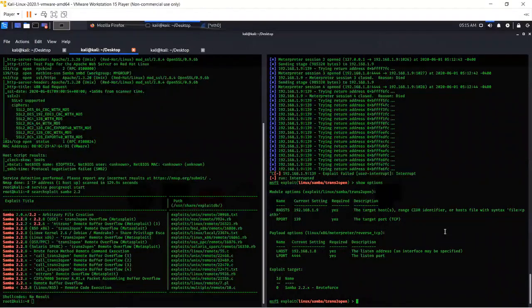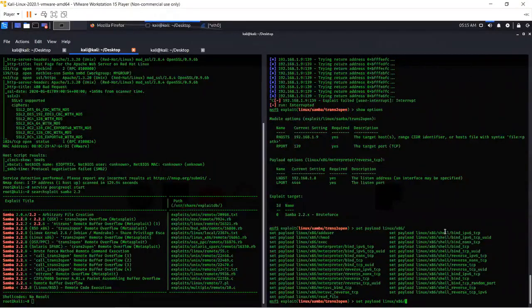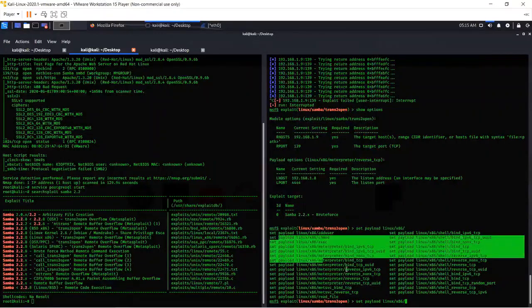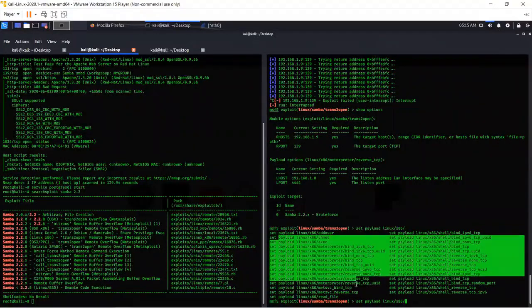So let's go ahead and change the payload. In order to do that, I'm going to say set payload linux, and since we don't know which payload to run, I'm going to double tap. Okay, I have a list of payloads. As you can see, there are several more